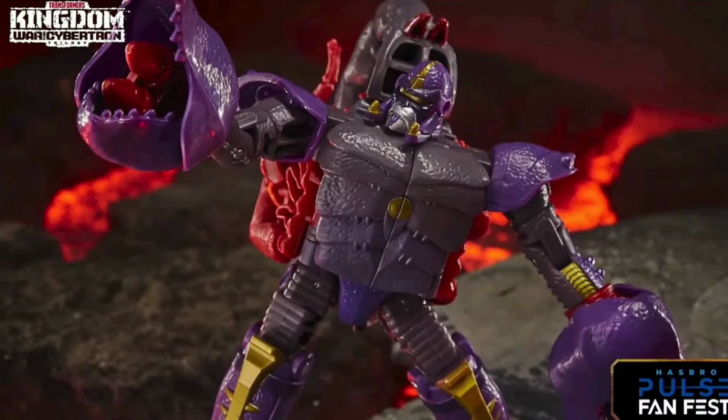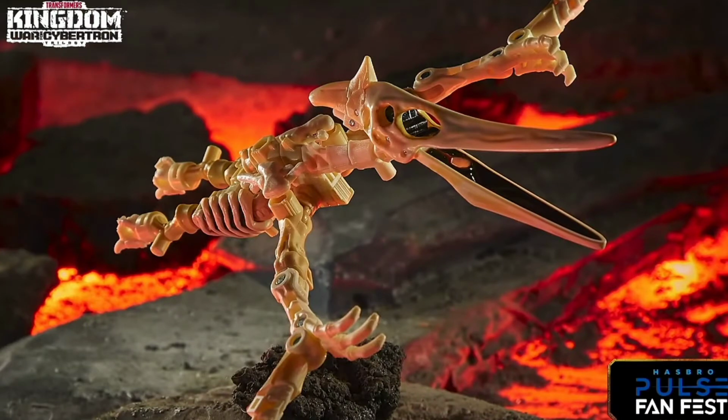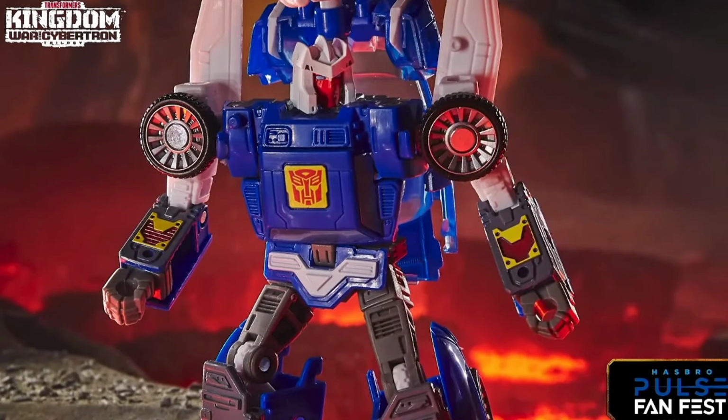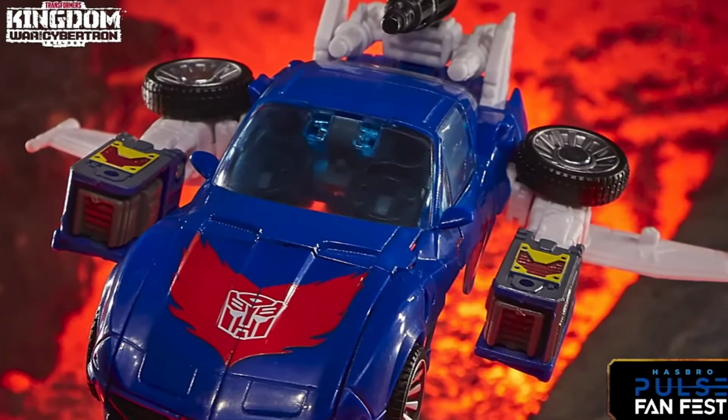Now here I'm going to kind of speed run a little bit, because the Transformer reveals that they reveal after this were a little bit obscure to me. So this is a Scorponok Deluxe class, and the next one is a Fossilizer. I don't know what this character's name is, I totally forgot. Then the next character is a classic G1 character that I'm also forgetting the name of, unfortunately. Sorry about that, guys. This is in robot mode. Then here he is in vehicle mode, which they said he can turn into a flying car,